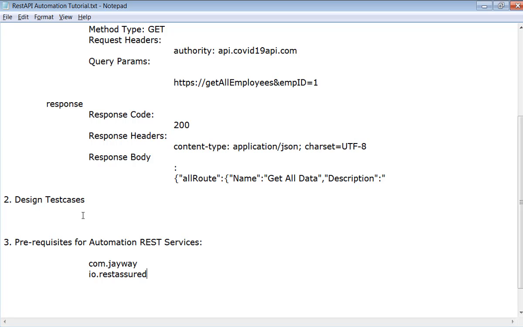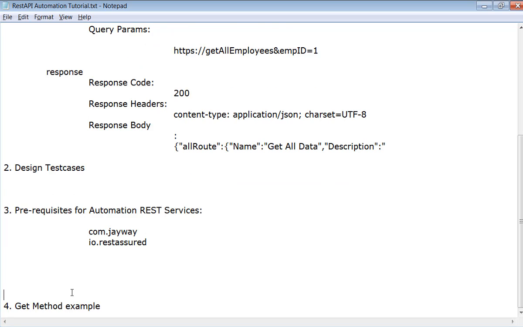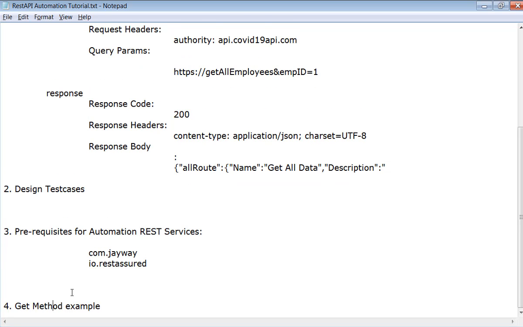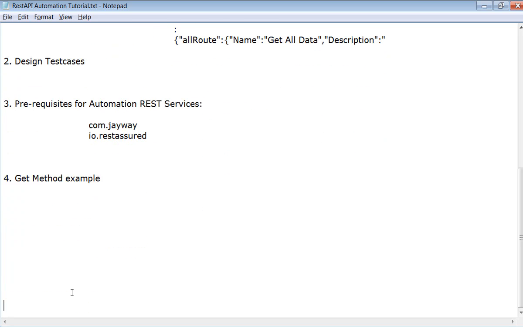These are the two different APIs available right now for us to test REST services. So what is the difference between the two? Actually, both are the same. io.restassured is the latest version, which we are going to use as part of this example.